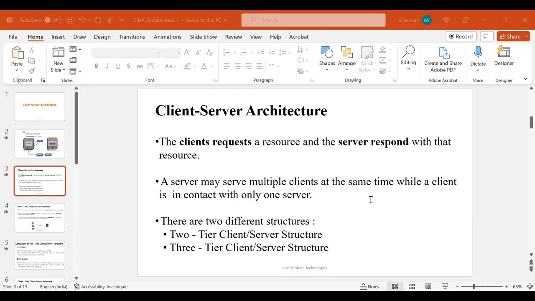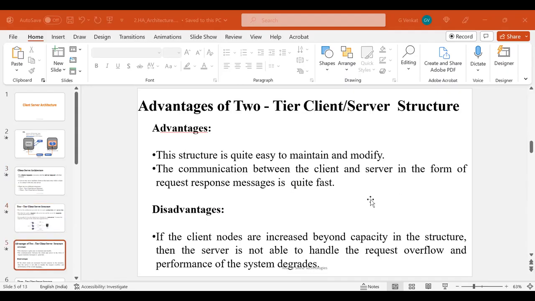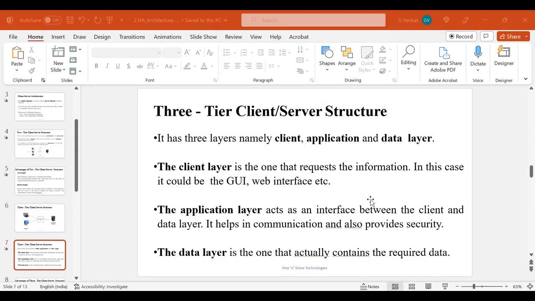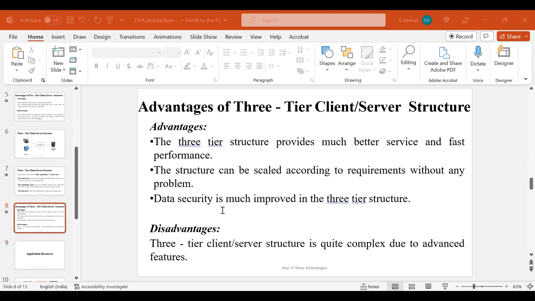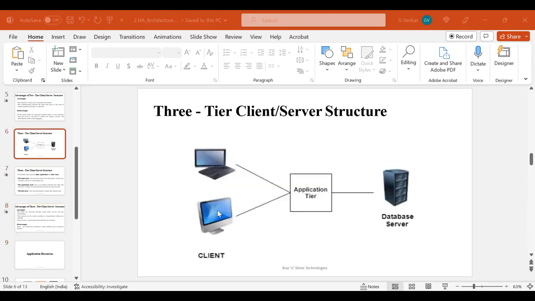Then there are the two-tier client architecture and the three-tier or n-tier client and server architecture which we tried to understand. Mostly we see client and server architecture as three-tier or n-tier. Why are we talking about n-tier? Whenever the client submits a request from the application point of view, it is received by the application layer, and the application layer communicates to the backend layer. But the backend layer is not only databases; on the basis of messaging systems, it is required to communicate with the backend